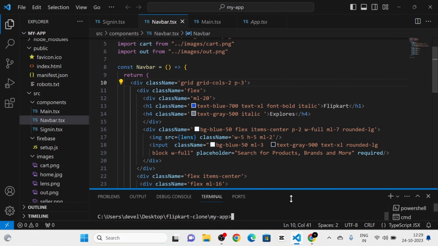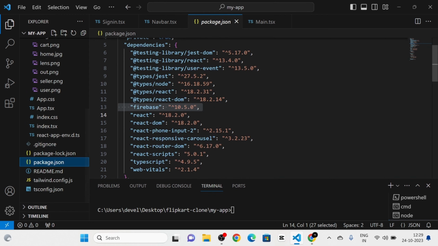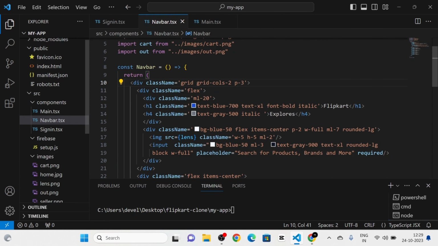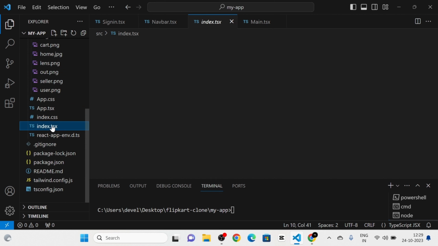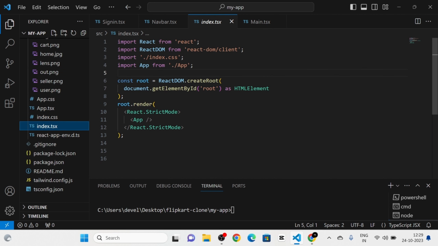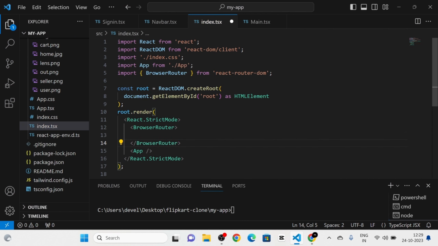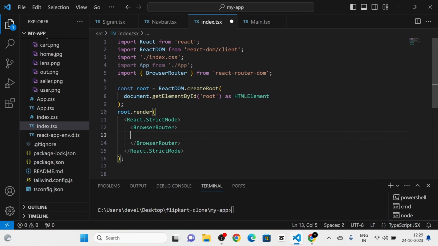So React Router DOM has been installed into our project. You can see that in the package.json. So next I'm going to take the index.tsx, and in the index.tsx, I'm going to wrap the app component using the BrowserRouter component from React Router DOM. So I have imported the BrowserRouter from React Router DOM and wrapped the app component using BrowserRouter like this. So next I'm going to take the app.tsx, and inside this app component,